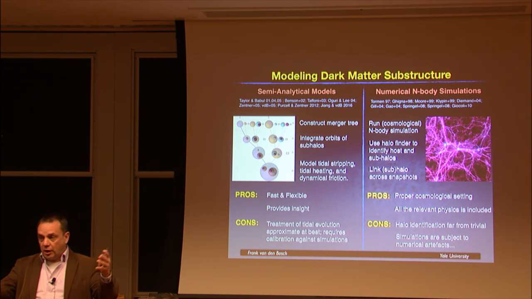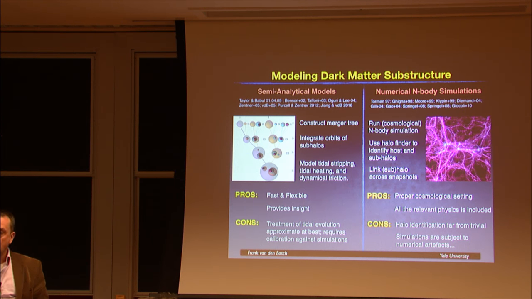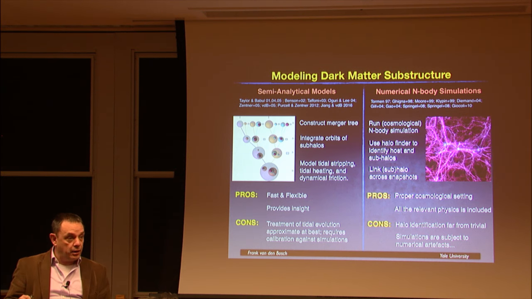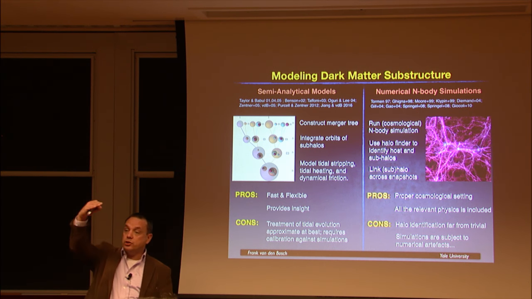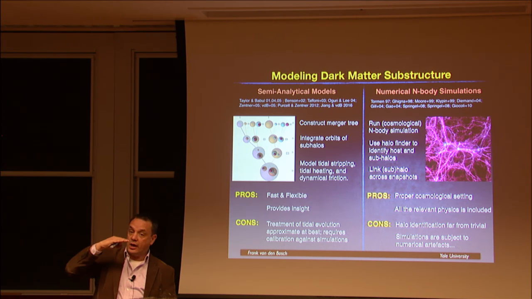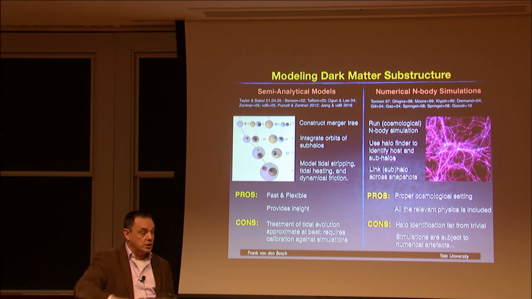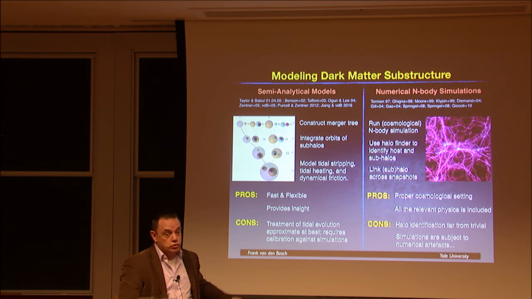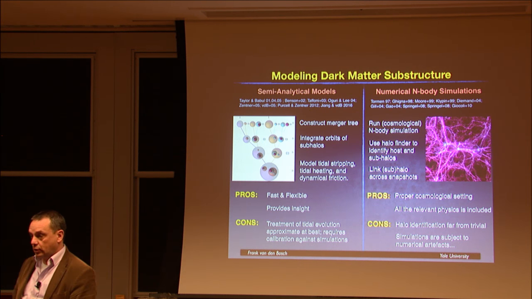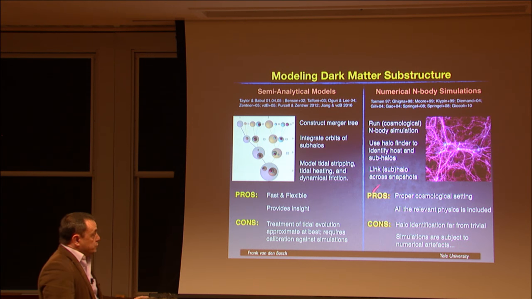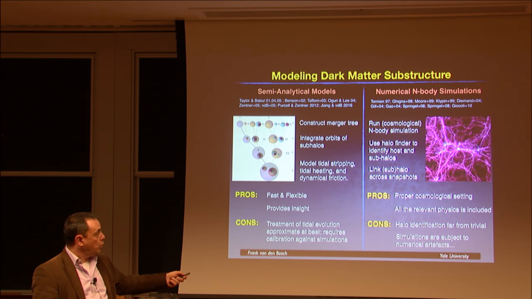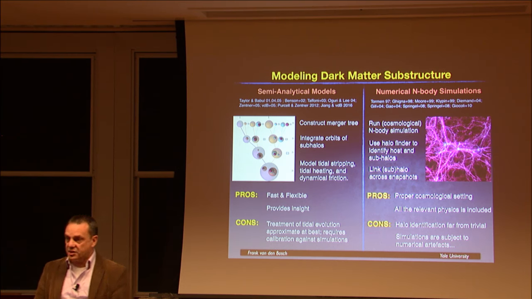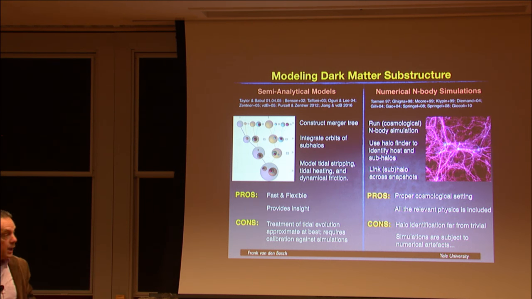basically means you run, ideally, a cosmological simulation. Then you need to find the halos and the subhalos. So you run a halo finder. And then if you want to do the dynamics of these subhalos, you need to link the halo catalogs at different outputs together so you can trace things. And that means you need to make a merger tree from your halo snapshots. The pros, of course, is this is in a proper cosmological setting. If you do dark matter only, all the relevant physics is included. It's called gravity. It should all be there.